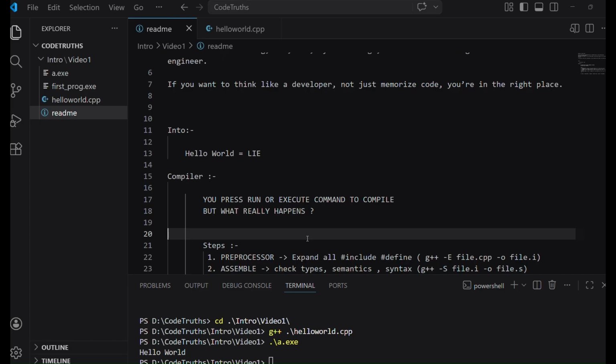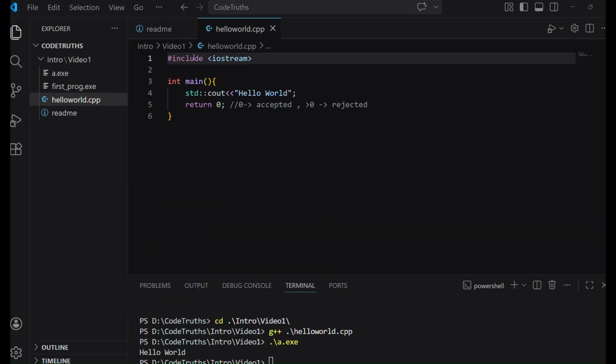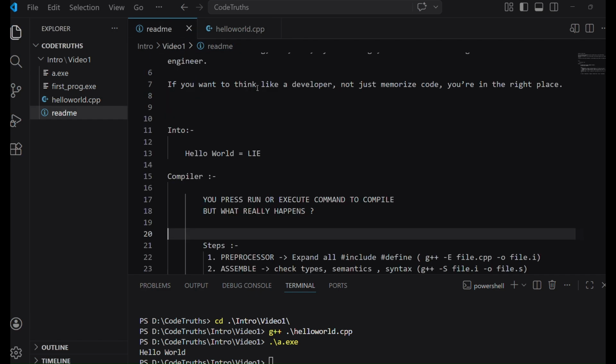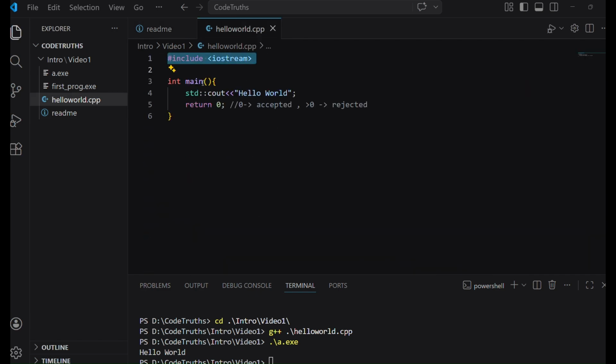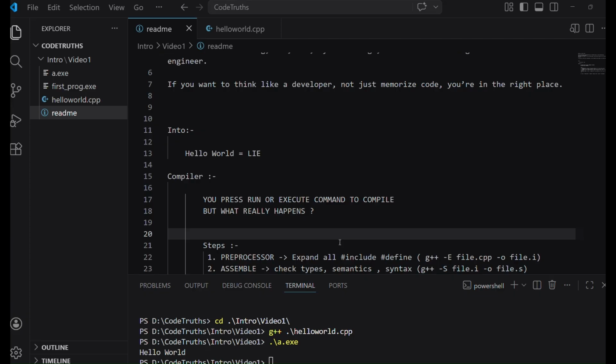It means it is pasting everything which you wrote, like this hash include, directly into this file. And the command which they use internally is g++ -E file.cpp -o file.i. So now you have the preprocessed file already.